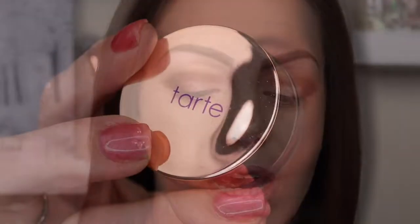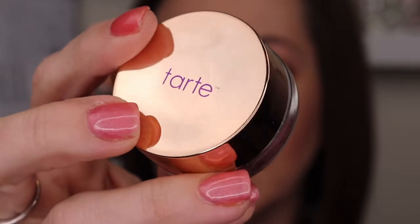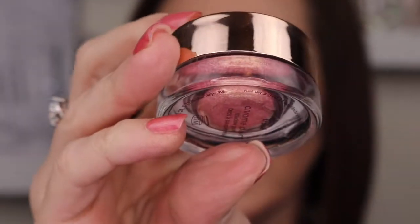Now, like I said, I do have an eyeshadow topper that I want to use. Now, for the eyeshadow topper, this is the Tarte Chrome Paint in the color Frose. This color is